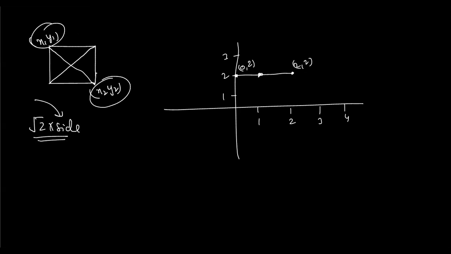For example, if you calculate the distance, and if the distance comes as 5 centimeter or 6 centimeter or 10 centimeter, just assume that 10 units distance is coming. This one is A and this one is C. So the distance of AC is suppose 10 centimeter. So what would be the value of the side of the square? You have to divide it by root 2. So side of the square will be equal to 10 divided by root 2. That will be 5 root 2. So 5 root 2 will be the distance.